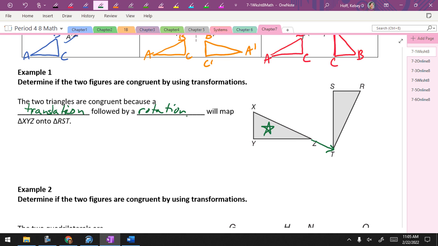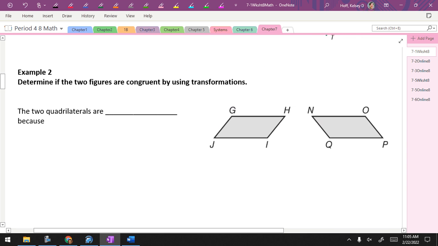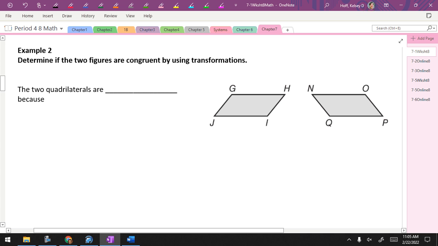It's like having all multiplication, right? Doesn't matter if you take 2 times 3 or 3 times 6. As long as you multiply all of them, you're good. So how about this one? Determine if the two figures are congruent by using transformations. The two quadrilaterals are blank because